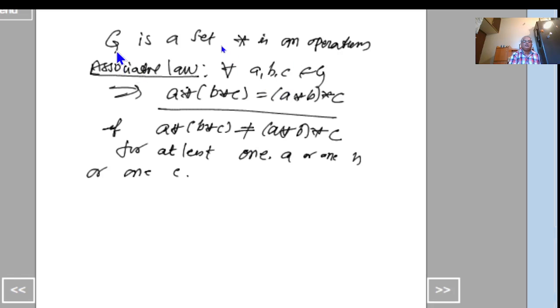Otherwise, it will not change. Coming out of the for loop, if its value equals 0, associative law is not satisfied. If its value is not equal to 0, then associative law is satisfied.